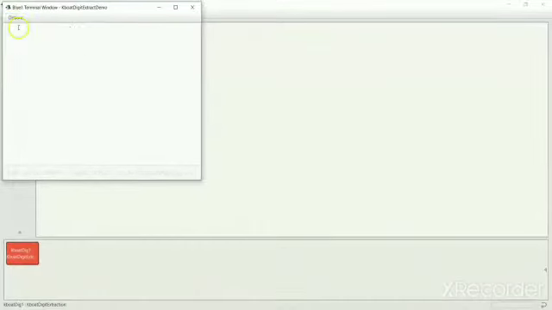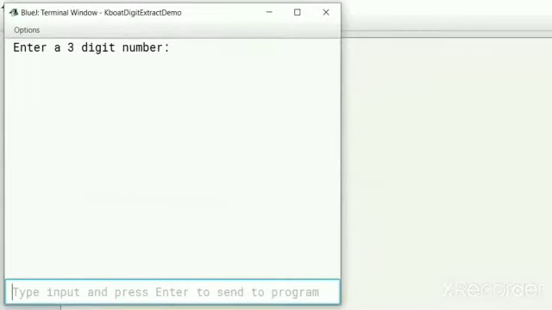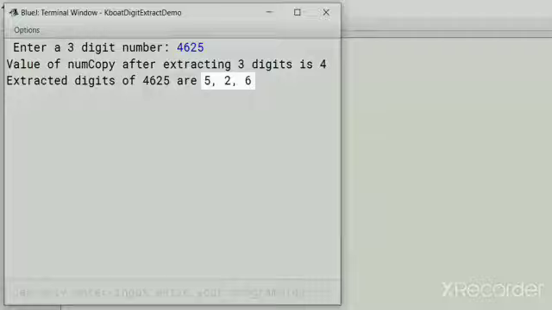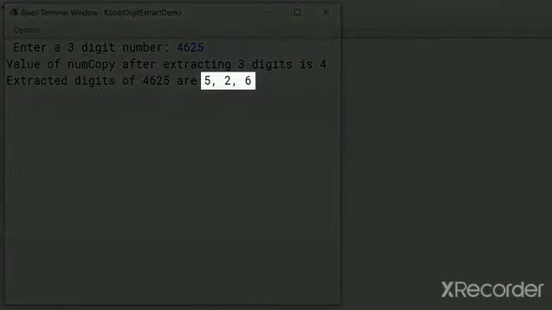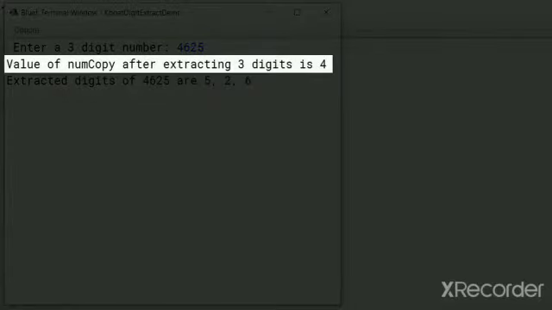Let me clear the output and execute the program again. This time I will give a 4-digit number 4625 as the input. Notice in the output that our program correctly extracts 3 digits of the number, but value of numCopy is 4 and not 0 at step 6.